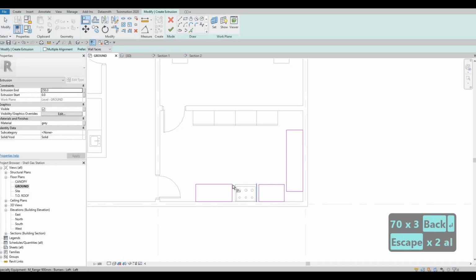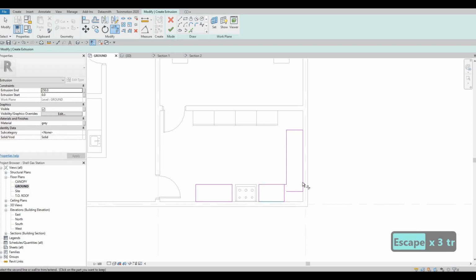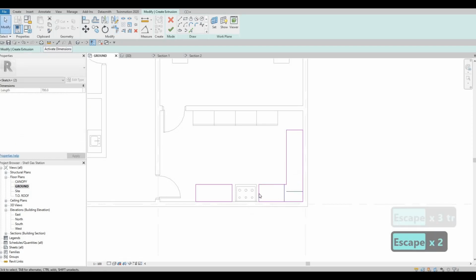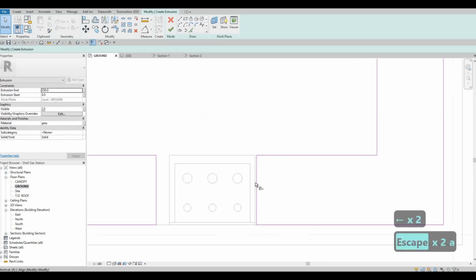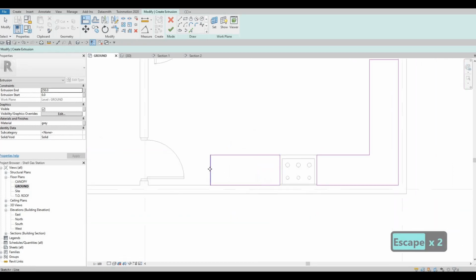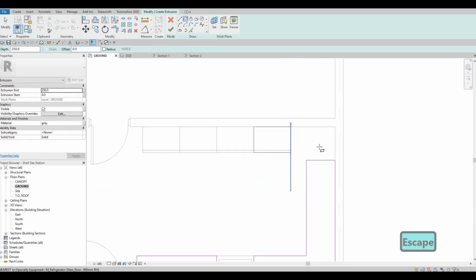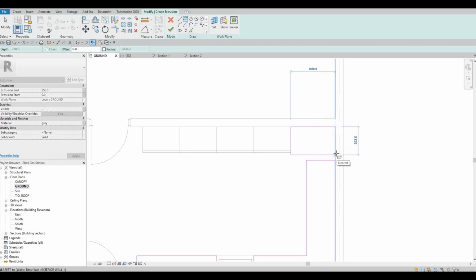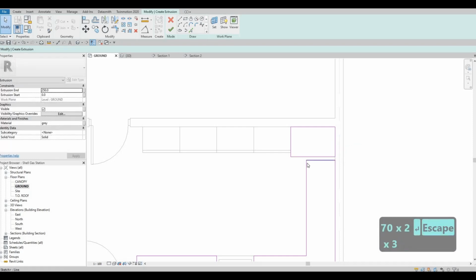Then align it, and then TR, trim and extend, then delete. And then align it here as well. So we could just maximize the space for prep area, and why not add some sort of right here as well. Our prep area here, 700, and then trim and extend to maximize,